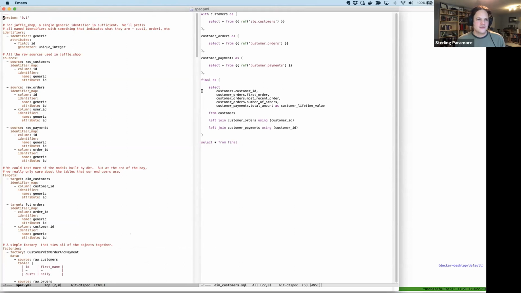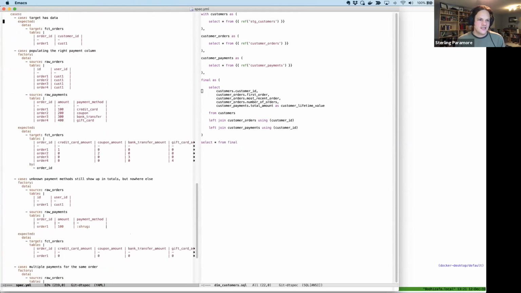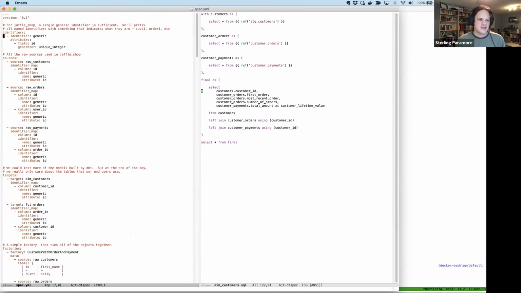So for Jaffle Shop, here's the set of dtspec tests I put together. I only needed one kind of generic identifier that generates unique integers. We've got 3 different sources for this data transformation system: raw customers, raw orders, raw payments.